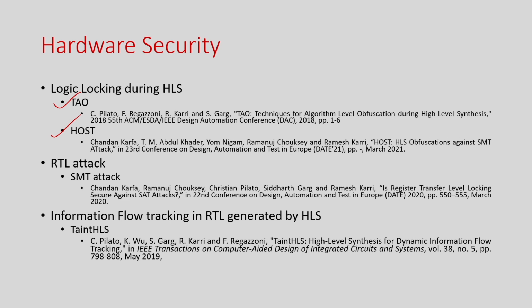Specifically, TAO says that if I give a C code, it will give you RTL code which is locked with some extra key, maybe 200, 500, whatever the number of key bits. HOST takes the RTL which is generated by high level synthesis and tries to lock that RTL circuit. So, it is not during high level synthesis but at the end of high level synthesis, and HOST supports only RTL generated by a high level synthesis tool. Okay. So, these are some recent works on locking the circuit at a higher level of abstraction or during